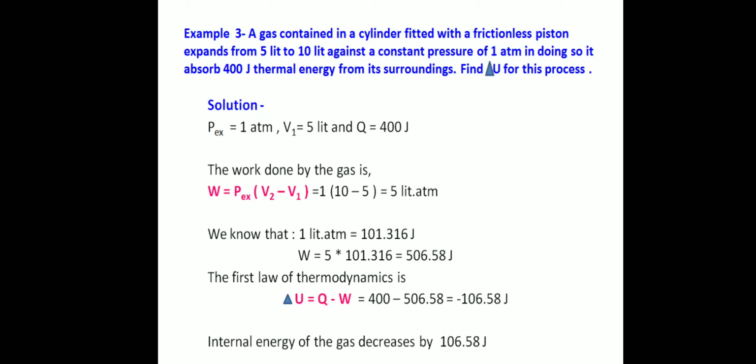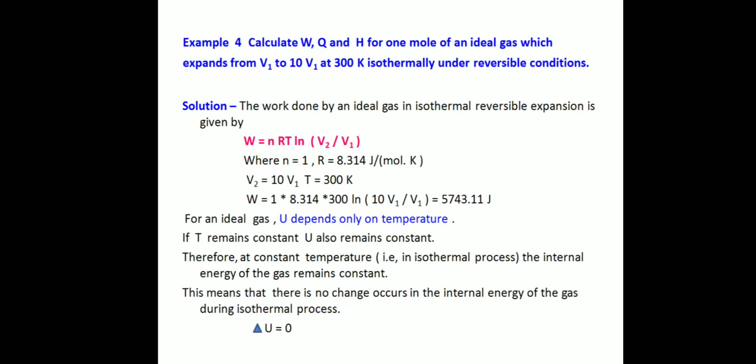So internal energy of the gas decreases by 106.58 joules. The negative sign indicates that the internal energy decreases, and decreases by how much amount? That is 106.58. So we can calculate delta U with the help of these W calculations as well as with the help of first law of thermodynamics equation, right? So in the next example,